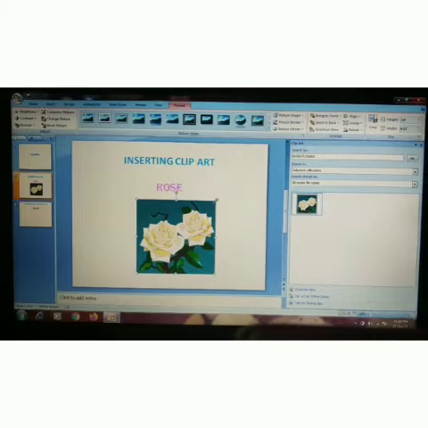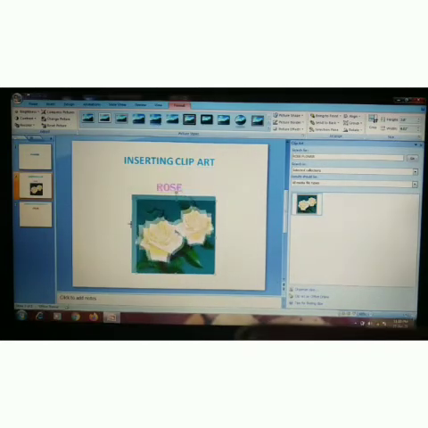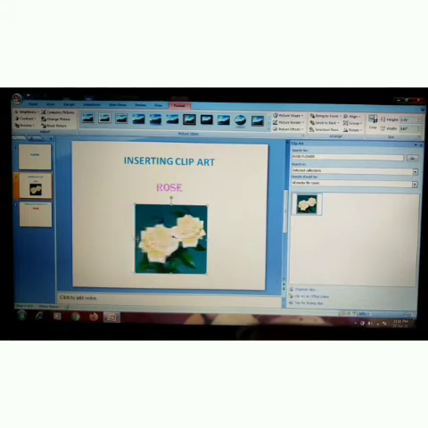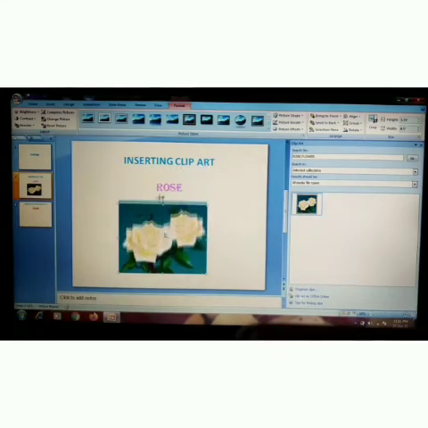And using these hollow circles, you can increase or decrease the height and width together. This is the width of the picture. This is the length of the picture or height of the picture. So width and height can be increased or decreased using these square handles given here.